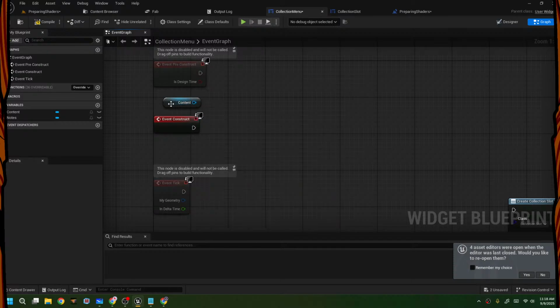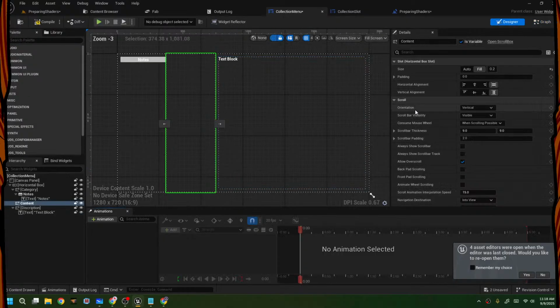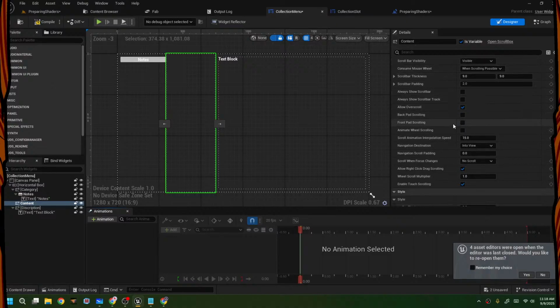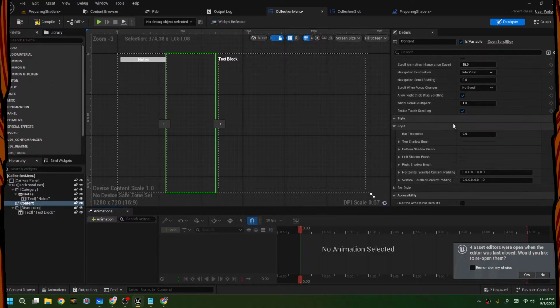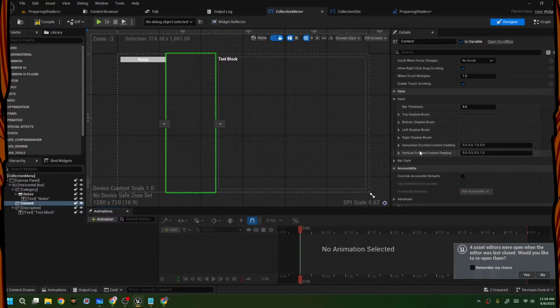Okay, we may not be able to do that. Let me go over here. And inside the contents, we do have the padding itself. We don't have the contents padding. Okay, over here, the horizontal scrolled content padding and vertical,